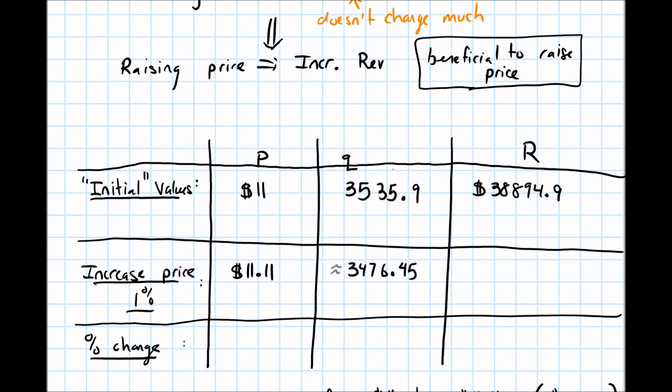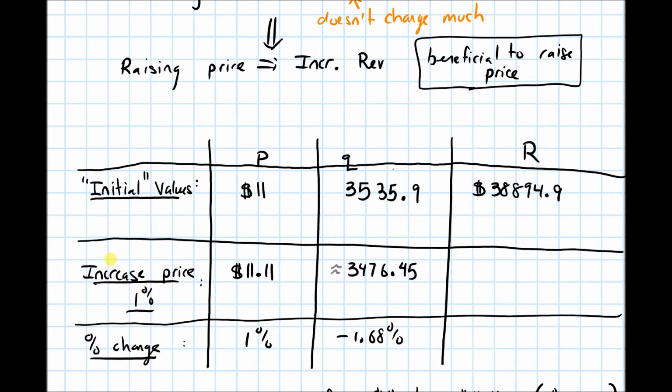All right. So with this example, let's see if we can estimate whether the revenue will go up or down without actually computing it. Let's see if we can do this just using the percent change in price and the percent change in demand. So price went up by 1%. And demand, if we were to work it out just like we did in the example above, we'll get that this changes by negative